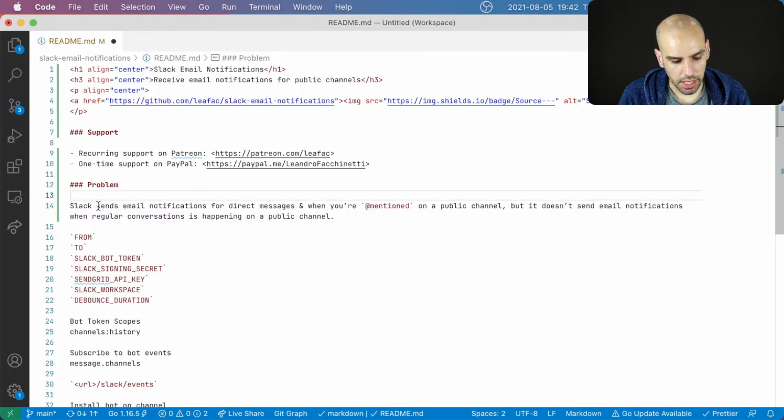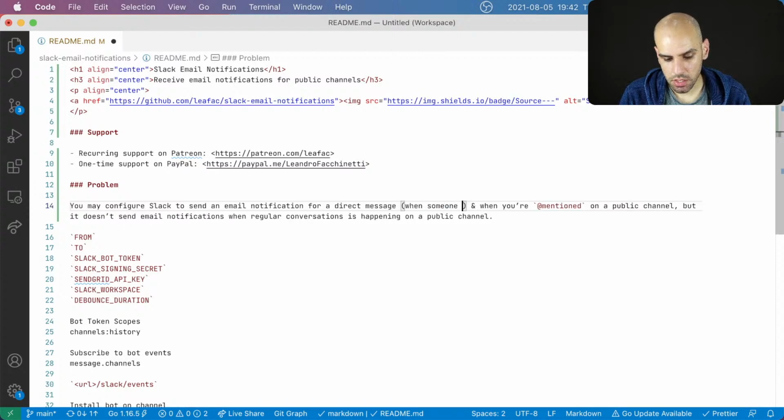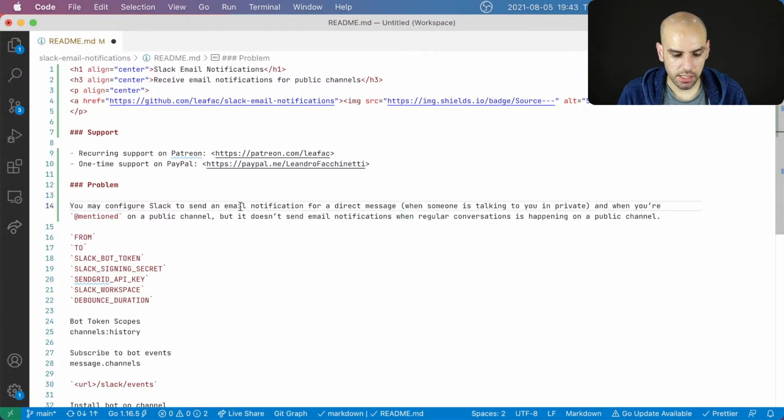So Slack sends an email notification, you may configure it, it doesn't send by default, you may configure Slack to send an email notification for a direct message when someone is talking to you in private, and when you are mentioned on a public channel.